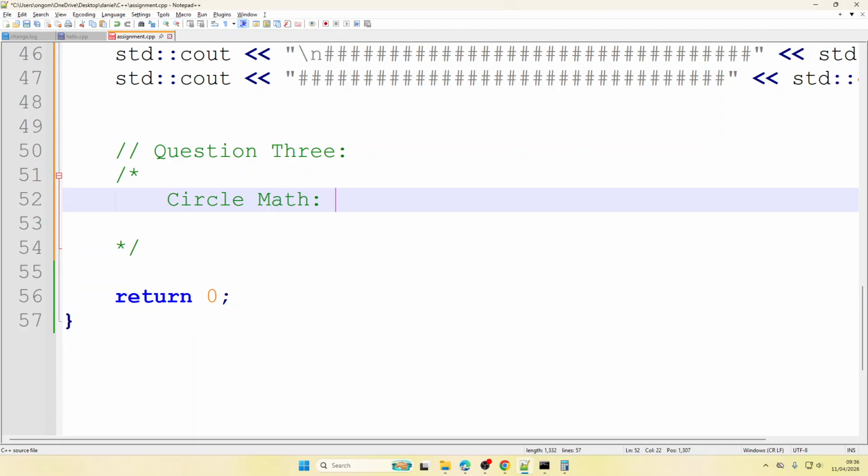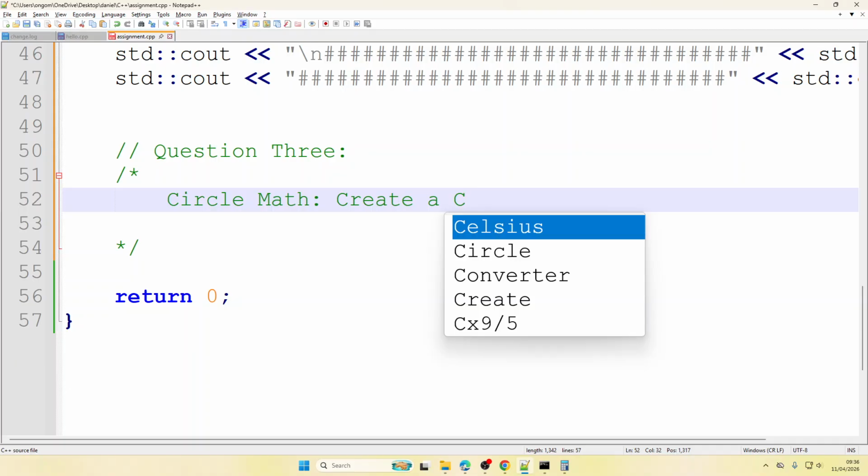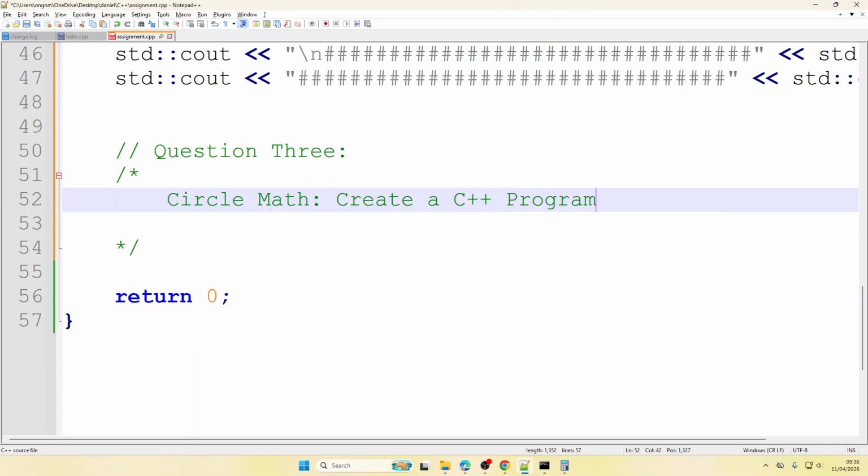Then I'll say, given, why don't I just read it from the keyboard straight? So you can just say create a C++ program that